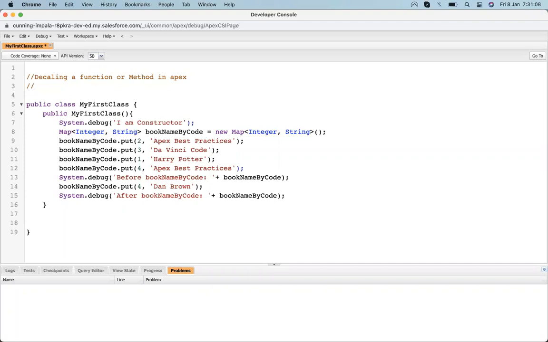So for declaring a function, first we write the access modifier. Then we have a return type.